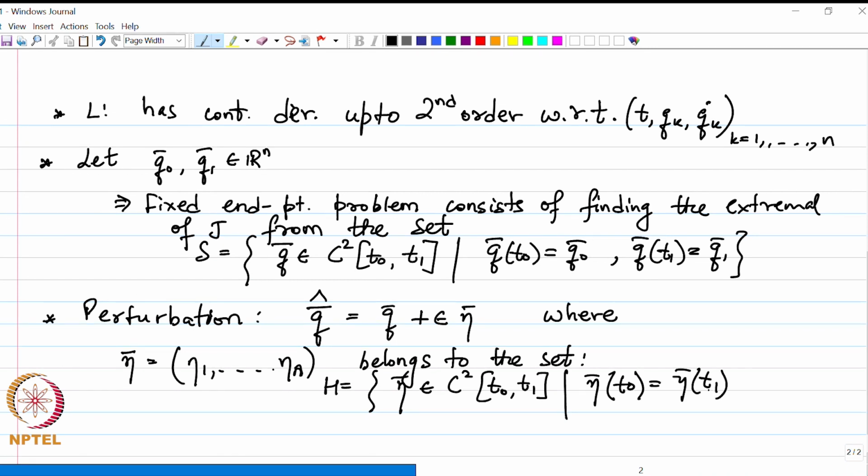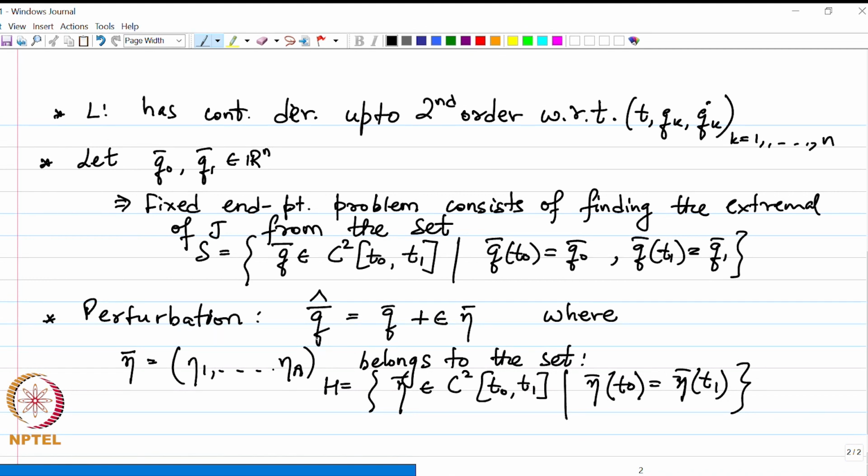So, whatever we basically described, for example, the set S, the perturbation set H in the standard derivation of Euler-Lagrange, we have now extended it to describe similar sets for the vector functions, right. Okay. So, then